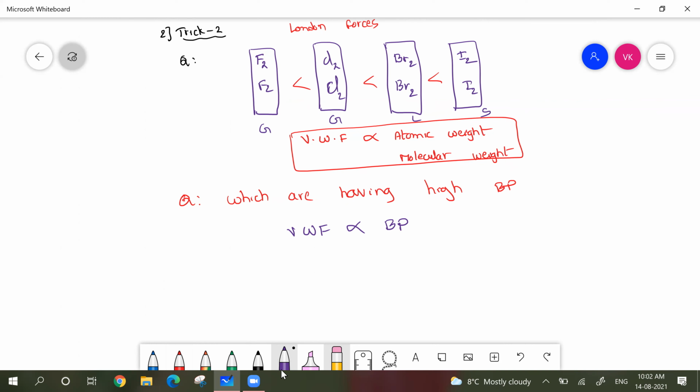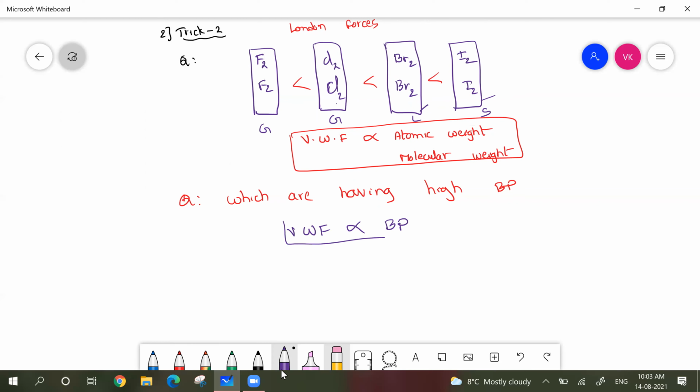Why are they having different physical forms when you go top to bottom in this group, the halogen family? These two are gases, whereas bromine is a liquid and iodine is a solid. You can say simply the reason is the same. When you move from fluorine to chlorine, van der Waals forces are increasing. From chlorine to bromine, further increasing. Whenever there are more van der Waals forces, they bring the atoms closer, so they attain the liquid state. Further in iodine, they have strong van der Waals forces. That's the reason why they come so packed and it becomes solid.